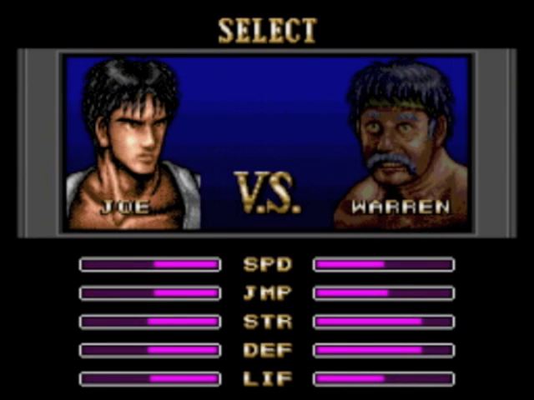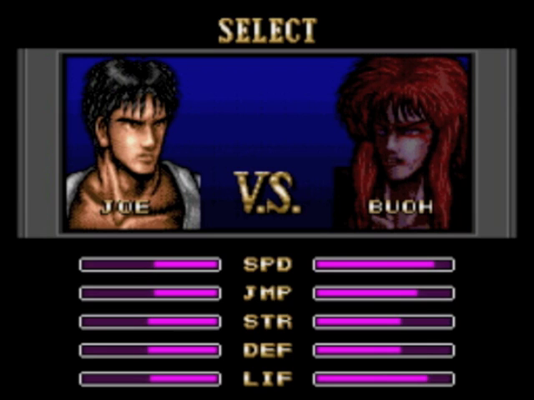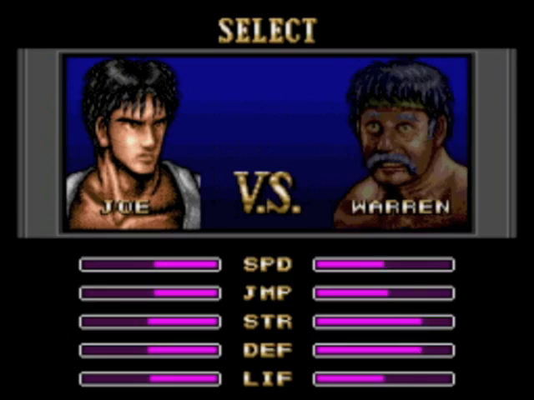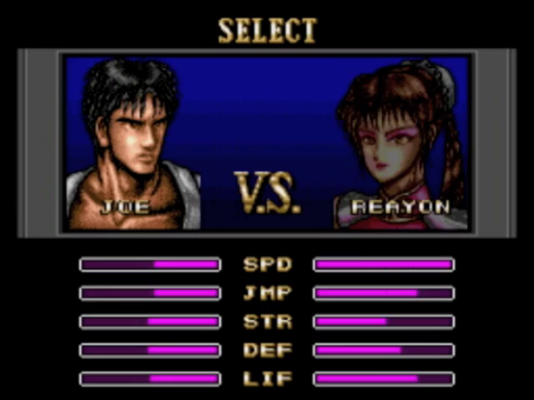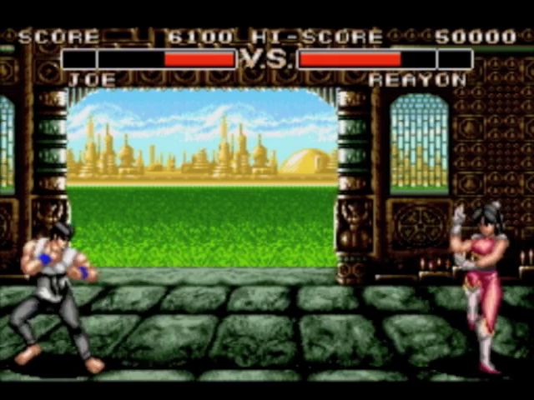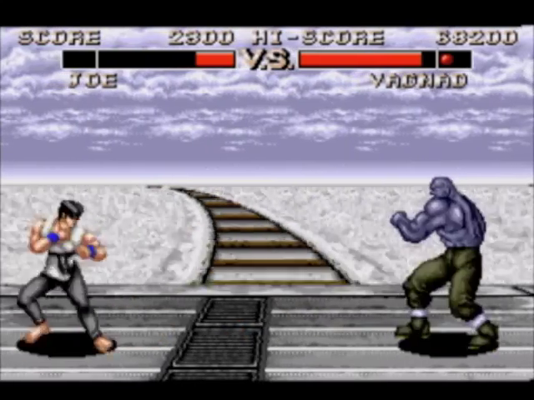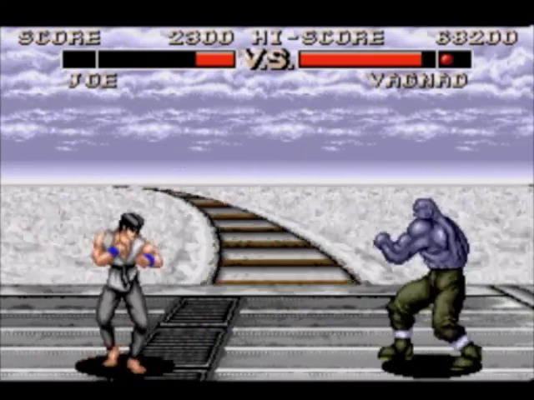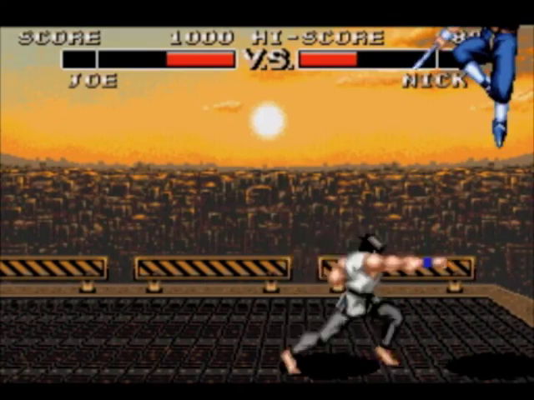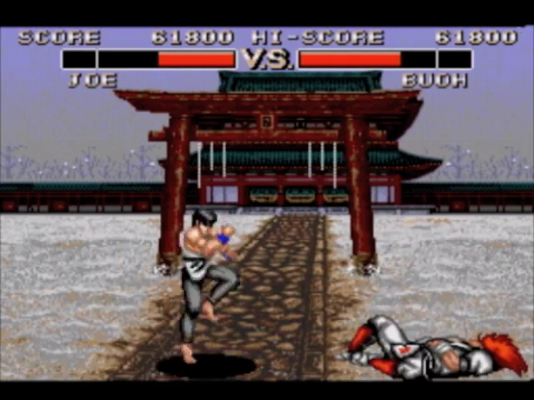Once in the game, you play as Joe, our American karate-gi-clad Ryu lookalike, complete with fireball and anti-air attack special moves. You'll travel the globe and fight against opponents from all over the world. There's Warren, a grappler from Hawaii, Rion, our typical kick-heavy Chun-Li clone, Vagnad, a gigantic wrestler with gray skin and apparent Holocaust survivor according to the Genesis manual, Nick, an arrogant matador from Spain, Buo, a kabuki-style fighter who can